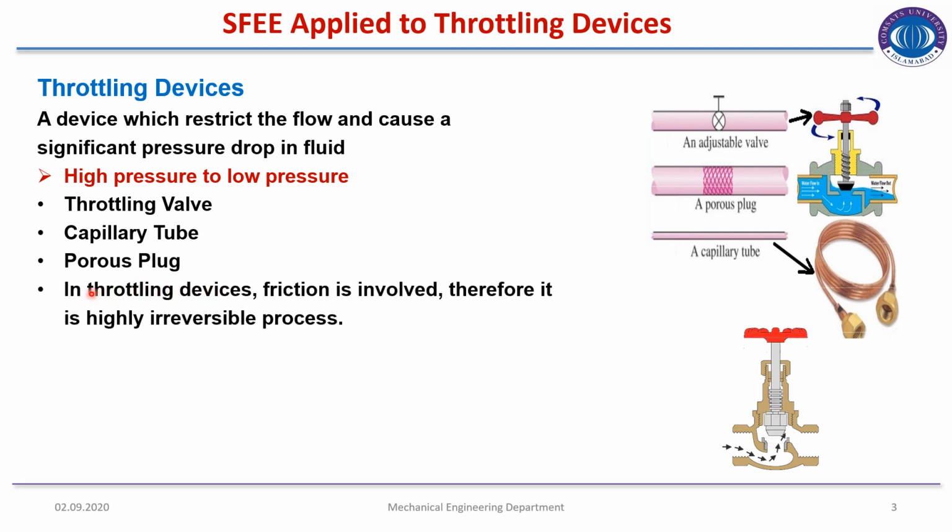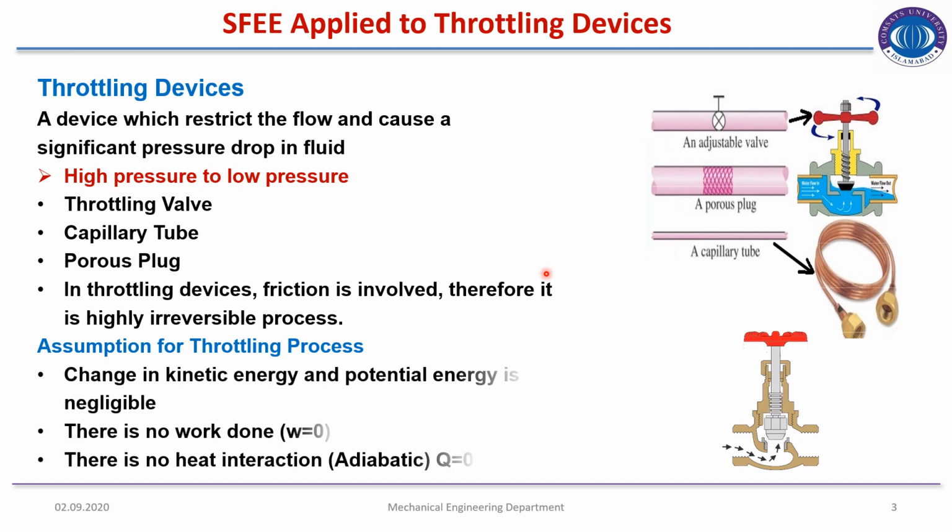The main point is that in throttling devices friction is involved. In a throttling device the process is highly irreversible, because the presence of friction in this process will make it highly irreversible. So certain assumptions for the throttling process are: the change in kinetic energy and potential energy is negligible. Therefore,